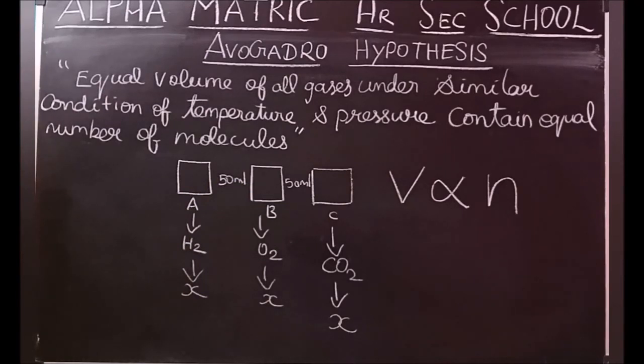This law is in agreement with Dalton's atomic theory. By using this law, we can explain Gay-Lussac's law. It helps in the determination of atomicity of gases. Molecular formula of gases can be derived. It determines a relationship between molecular mass and vapor density. And also this law helps to determine gram molar volume of all gases at standard temperature and pressure.